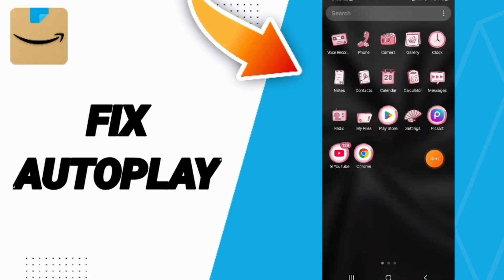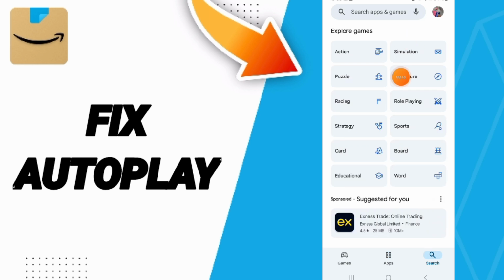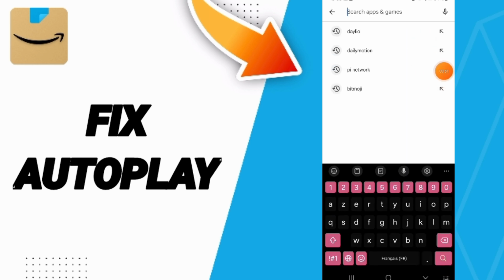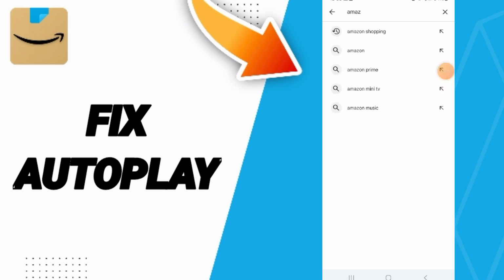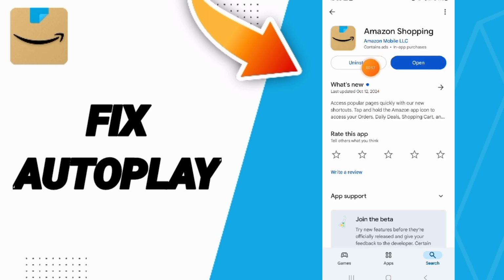Then you will go to Play Store. You will search about the application of Amazon Shopping and you will click here. Then you can uninstall your app and you can install it again,